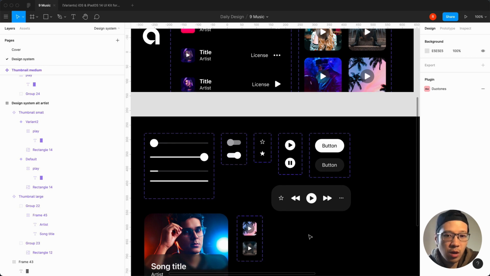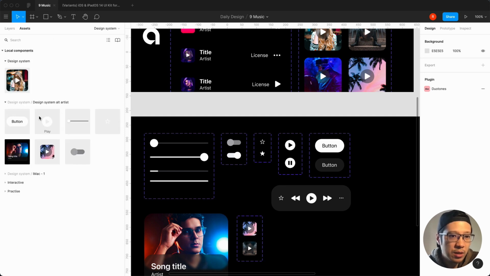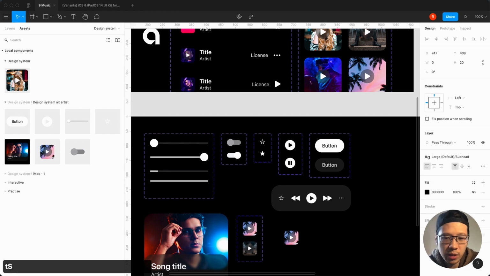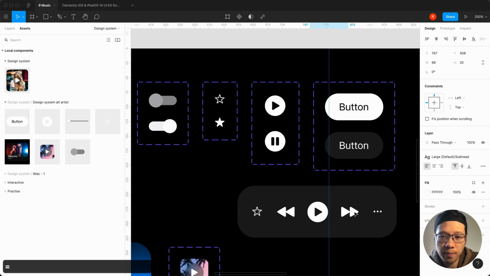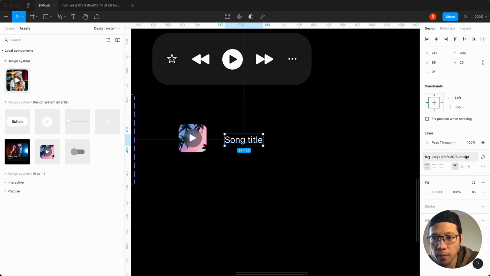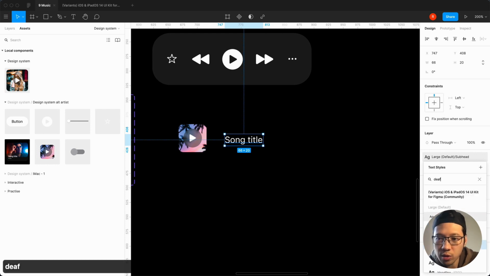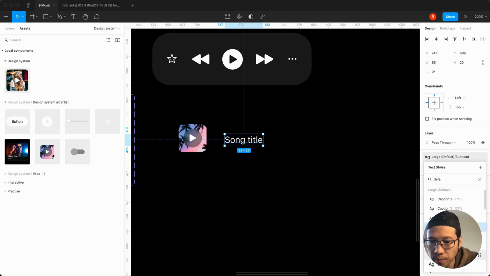So what we're going to do, we actually need two groups. We go to assets, and then we're going to take the small thumbnail that we did, and then we're going to hit the T. We're going to just say song title. We're going to change that to white just so we can see, and let's zoom right in. So what are we going to go with? Again, we're looking for default styles. That's what I'm always trying to find. We're going to say headline,